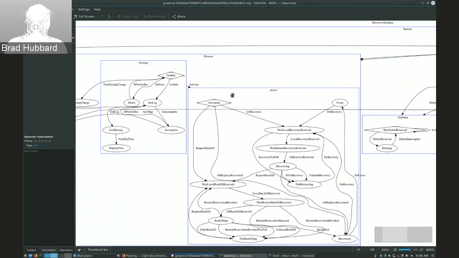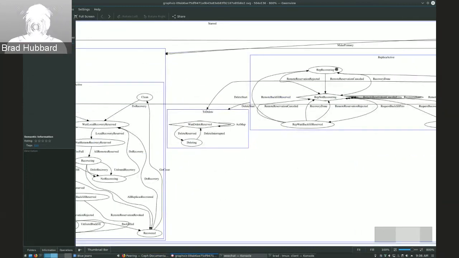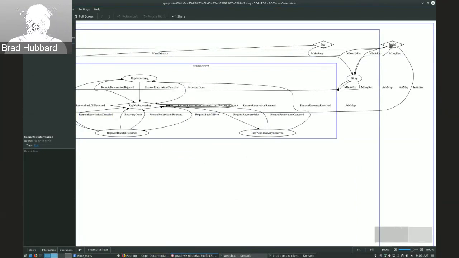Okay, so when we enter the recovery machine, we go straight to an initial state, which is this state over here. So that's the default state of the recovery machine. So if we have a look at the